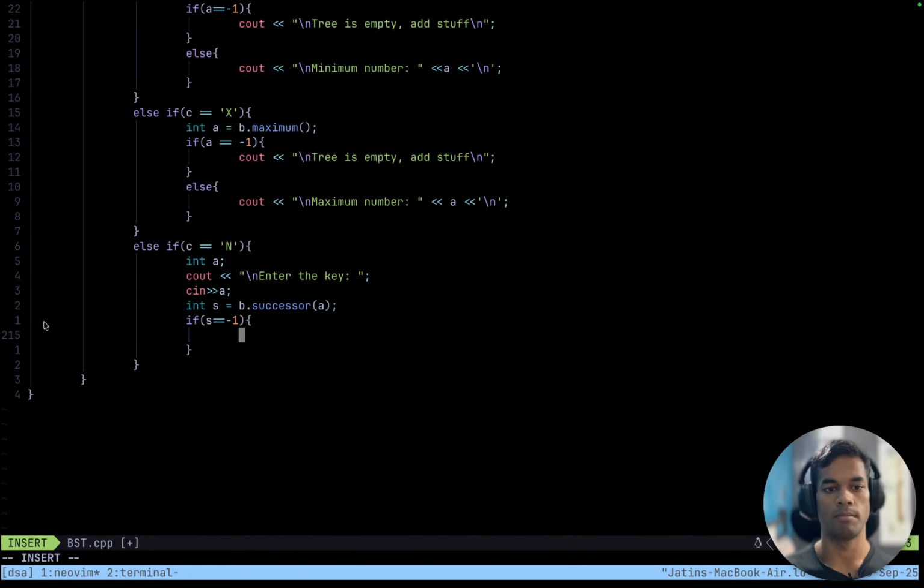Okay. Let's insert 42. Insert 37. Insert just random nodes. Insert, insert, insert, and now insert 200. And now let's find the next node for